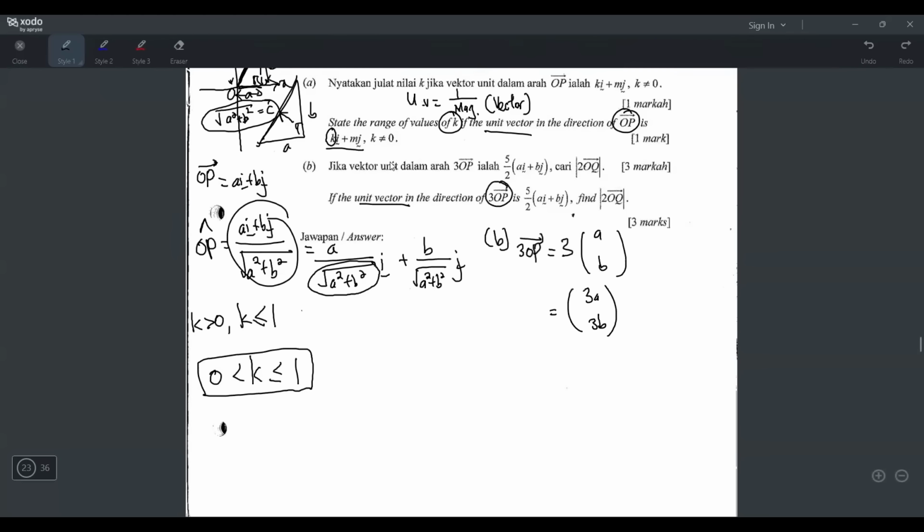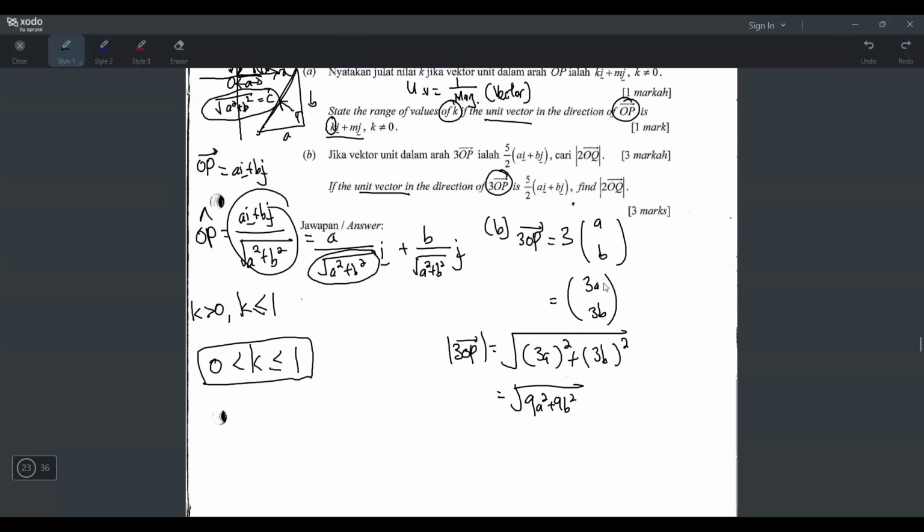Okay, now to find the magnitude. Why find magnitude? Because later I need the unit vector. So to find magnitude of 3OP, you will use the magnitude formula, which is square root bracket square plus bracket square. And inside the bracket, you have to put the value before the IJ. And in this case, it's 3A, 3B lah. And when you do that, you will get 9A square plus 9B square. Okay, sampai sini, you can find the unit vector. And the formula is, take the vector 3OP, divide with the magnitude, right? And then you compare with the unit vector yang dia bagi dekat sini, right? Because when you compare, you will get